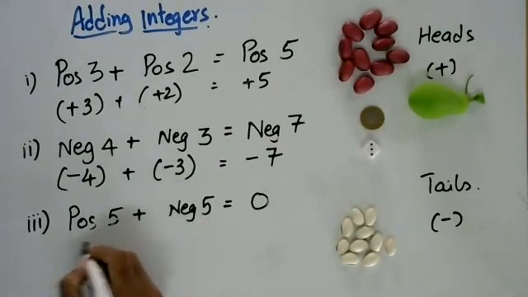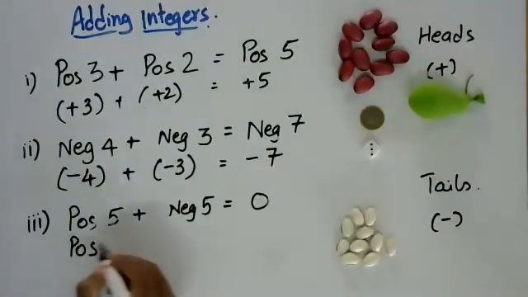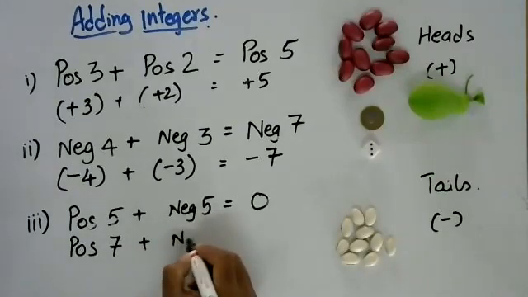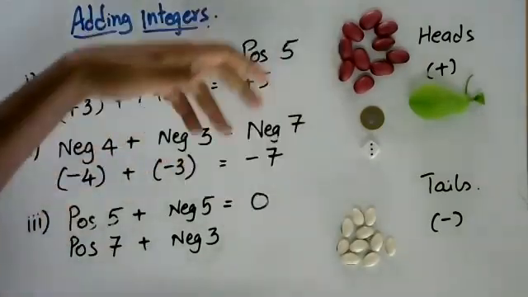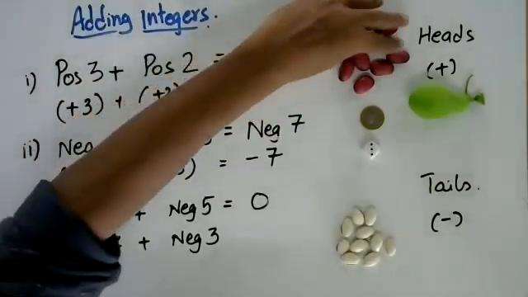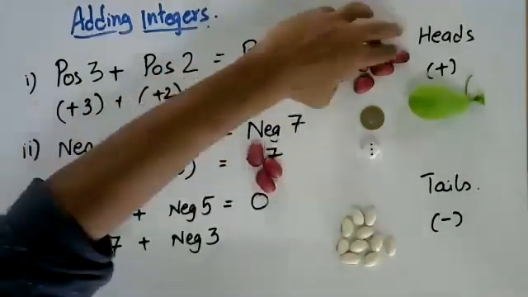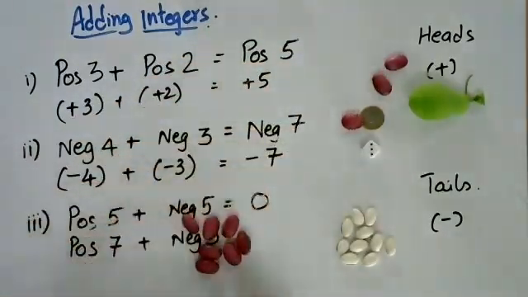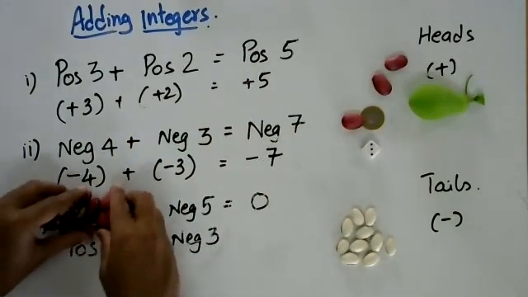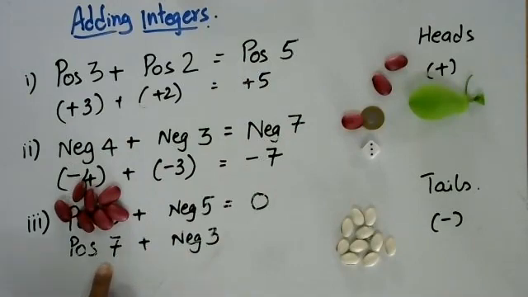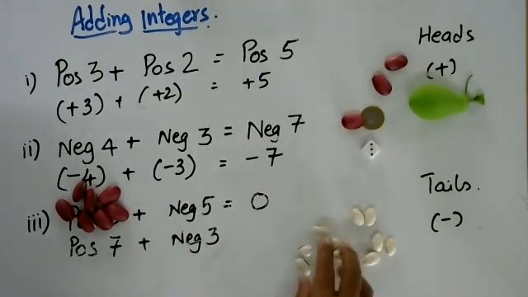So I can write it as, let us say that positive 7 I can take and add it to negative 2. Okay, you like positive 3? Okay, you like 3, I'll put 3. No problem, positive 4. Okay, so then although the answer may be obvious to many of you, I take 3 and 4, I get 7 positives. Maybe I show it a little bit higher so that you can see that 7 positives and 5 negatives.